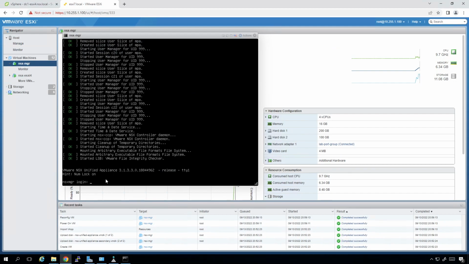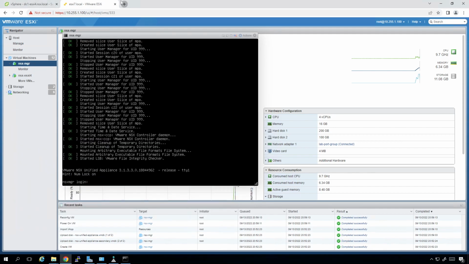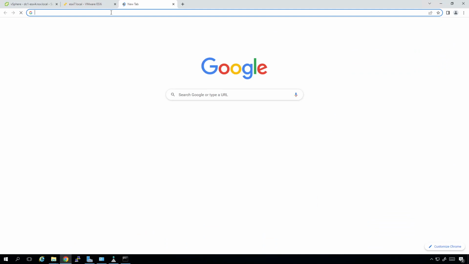Alright, so after a period of time, our login prompt is available. So I've been pinging it consistently since pretty much the beginning. So I'm going to go ahead and cancel that. I'm going to go up and open up a web page. Might take it a second or two for it to respond. Yep, there it goes. So we're going to go ahead and type in